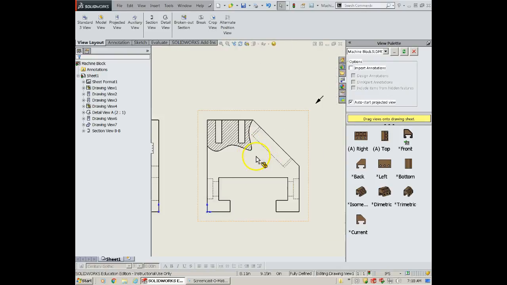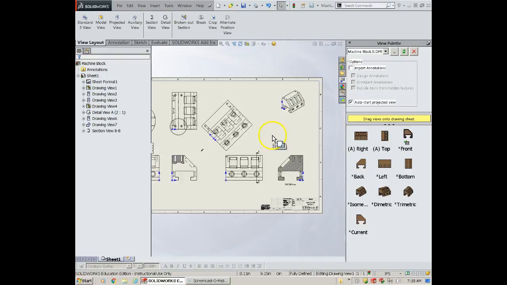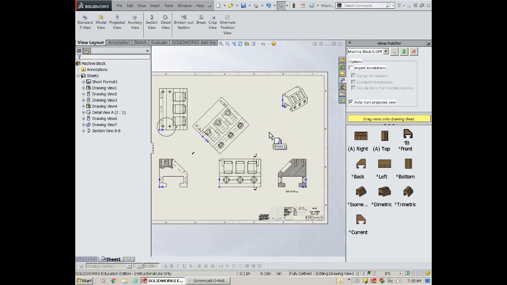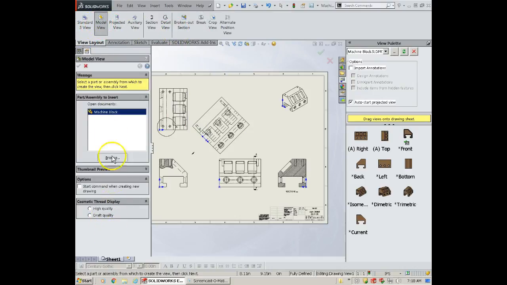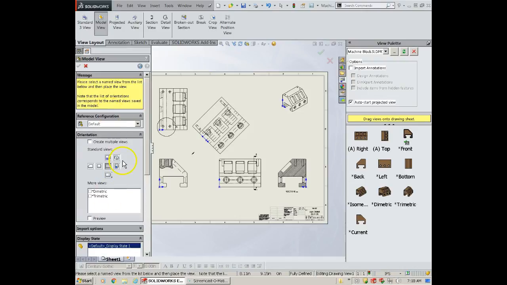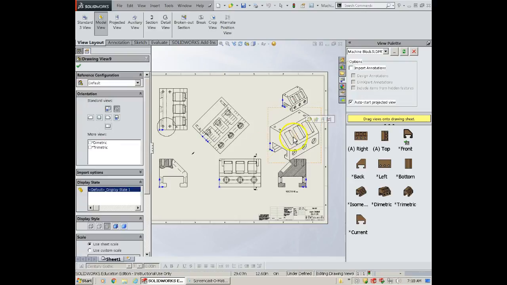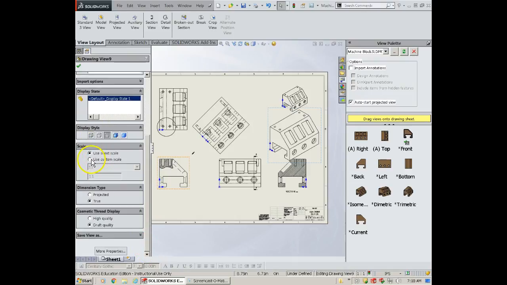Okay, I believe the last view type that we're going to create is a cutaway view, and first we need to add another, I believe they're looking for another isometric view. So we're going to go to Model View, Isometric, put that here, change the view scale 1 to 2, and